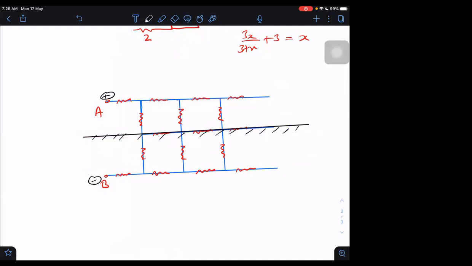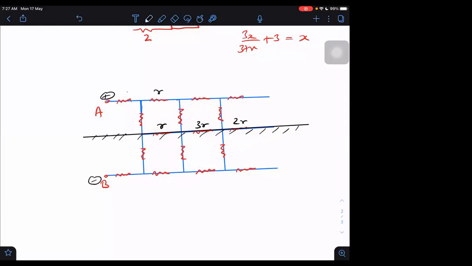Sometimes, to make things look complicated, they may give here R, 3R, 2R, which is not even in proper order. R, 3R, 2R. Would that make a difference? No, sir. Why? Because they are lying on the mirror only. The resistances which lie on the mirror don't depend on value, even if they don't follow any particular pattern. That will still not make things complicated. Still the things will be easy.